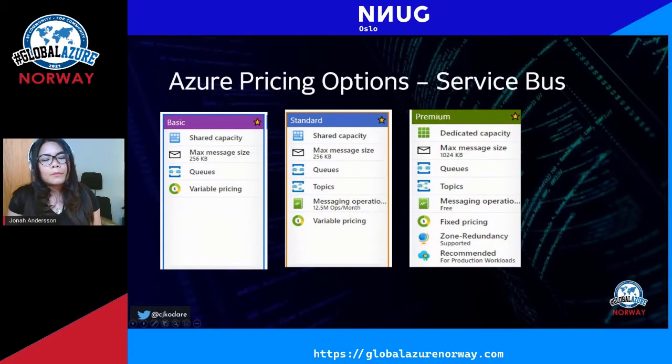But for the standard, which is kind of the good one, you have the option to create both the queues and the topic. And if you want a dedicated capacity, for example, and more other features, you can use the premium. But it has fixed pricing, and you get the premium features as well.